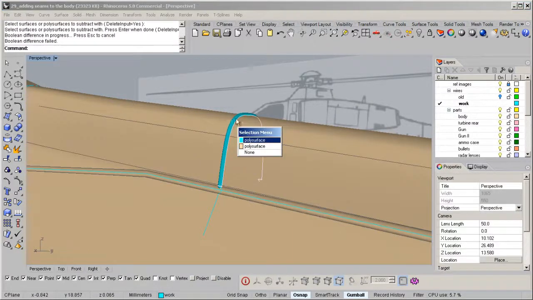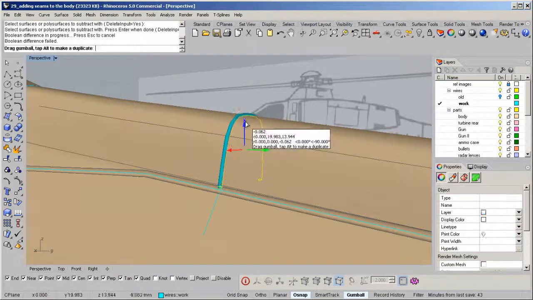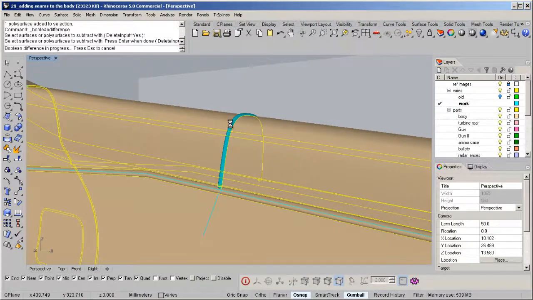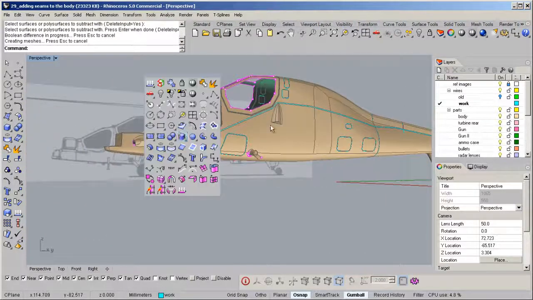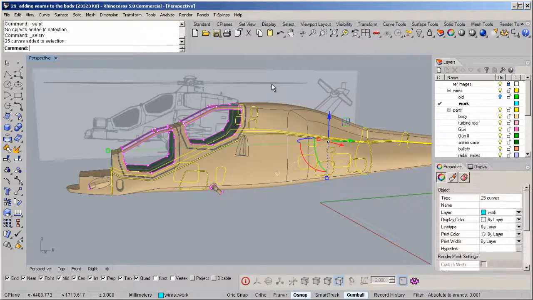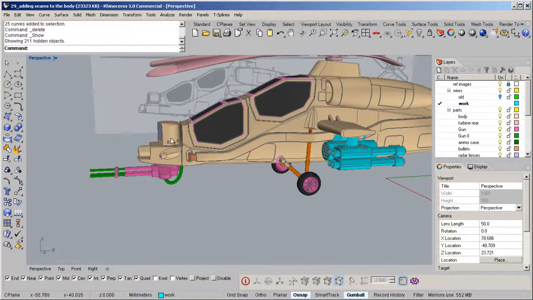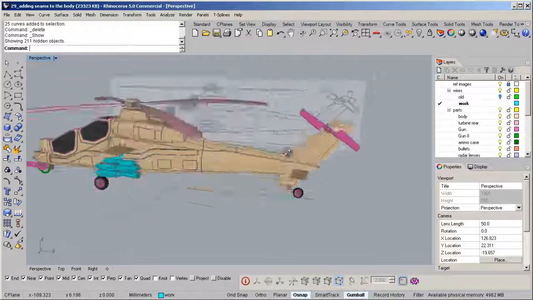If it failed, let's try just nudging it like 0.05 the other way. And that kind of forces it, so that's not bad. I'll select all my curves and delete it. Let's bring back everything else, and I think I can say that